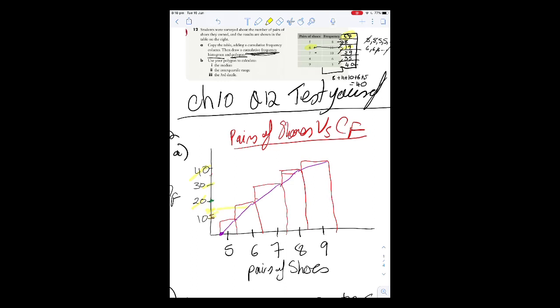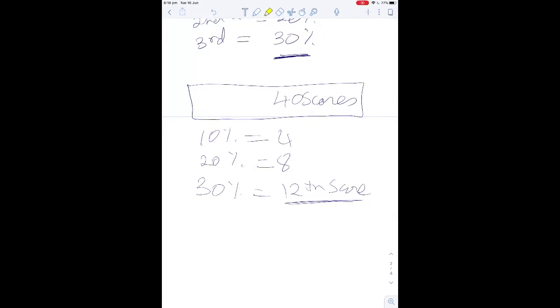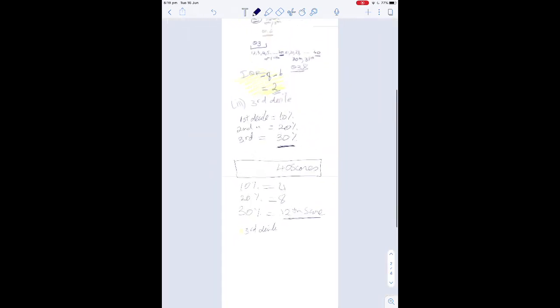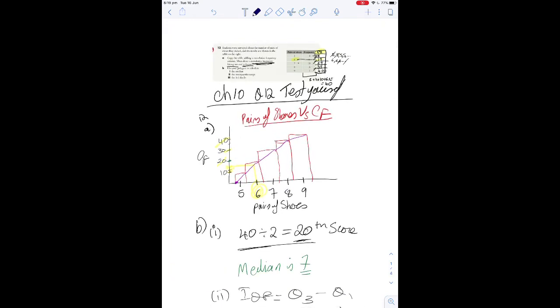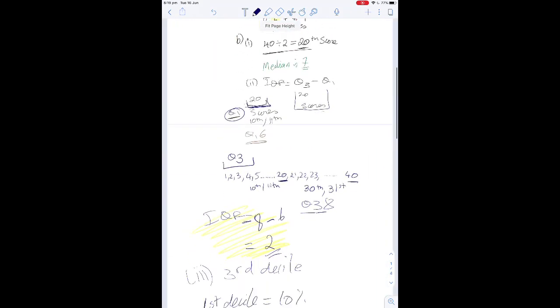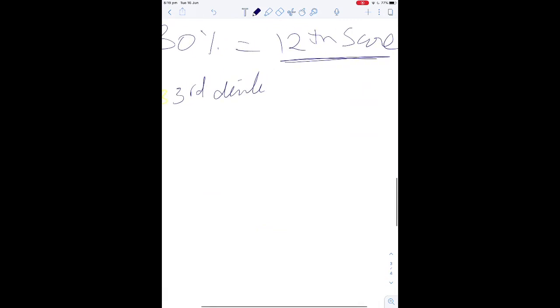We're going to go across. Oh, look at that. It is 6. So we say the third decile. What did it ask for exactly? It said the third decile. Use your polygon to calculate. So the third decile is going to be 6. Okay, thanks for